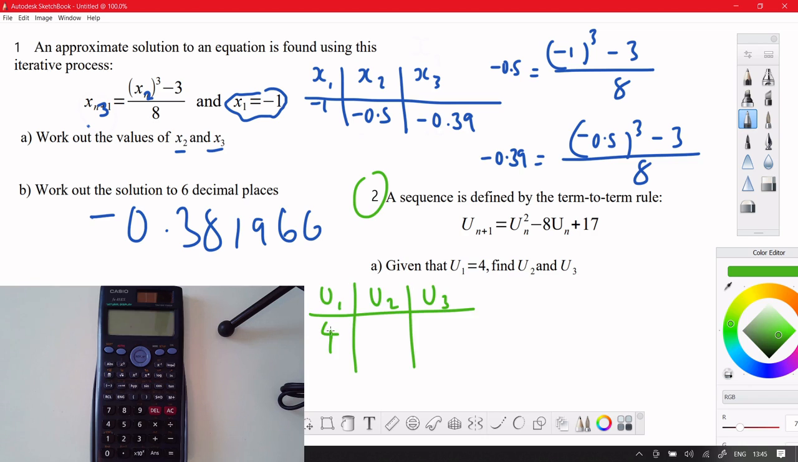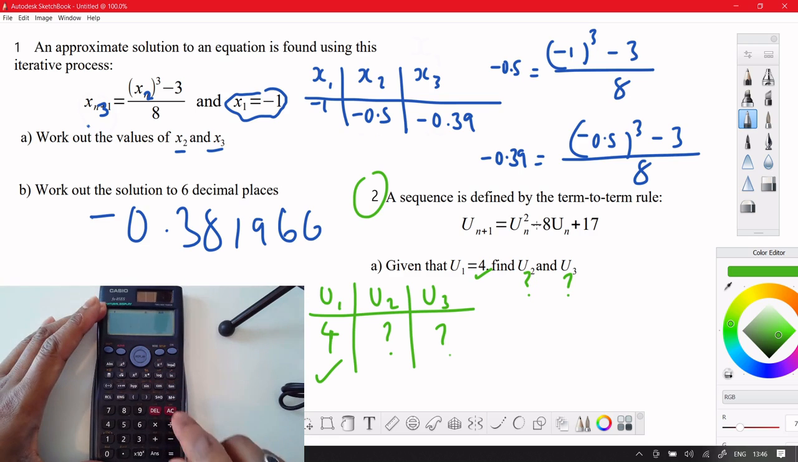So the first one is already given right there. It's here. I want this one and this one. So I'm going to use my calculator then. No need for the fraction button because there's no fractions there. Right. The first one is 4. So they're doing 4 squared minus 8 times, well, 4 again,